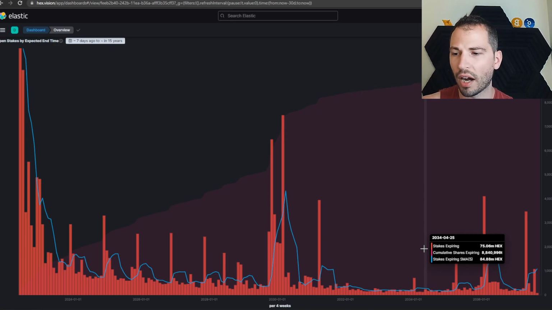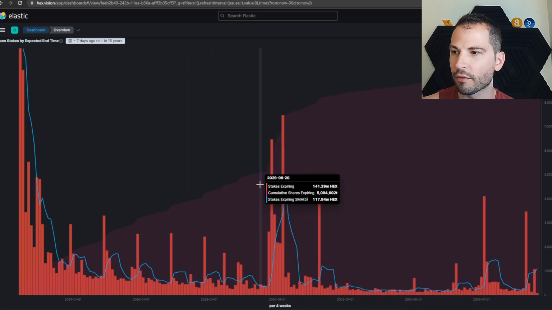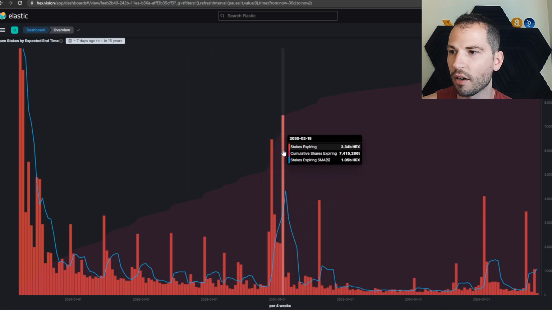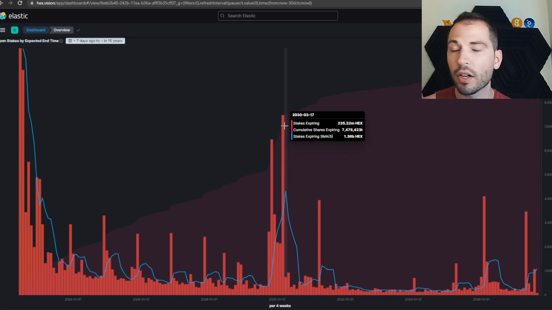But the thing is, I just laddered my stake out through all these years, and it's pretty cool. I can compare, for example, if you have a stake ending February 2030, that's going to suck because there's a lot of Hex being unstaked. People are probably going to sell. And that also comes with the bigger issue with Hex long term: in order for Hex to be successful, like any other investment product, you need new users.